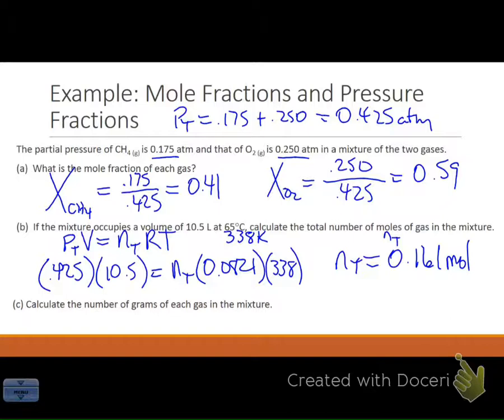And then finally, the number of grams of each gas. I want to go back to that mole fraction now. The moles of methane is going to equal that mole fraction times the total number of moles. I'm using that pressure fraction, mole fraction interchangeably here. And if I plug in those numbers, going back to part A, it's 0.41 for methane. And the total moles, if you go to part B, 0.161. So that gives me